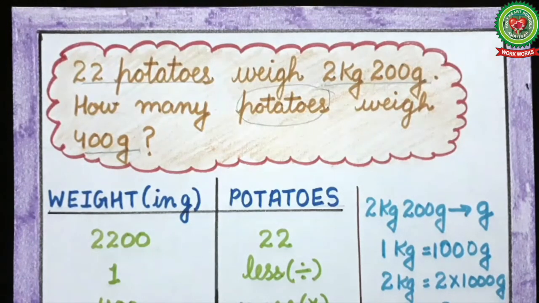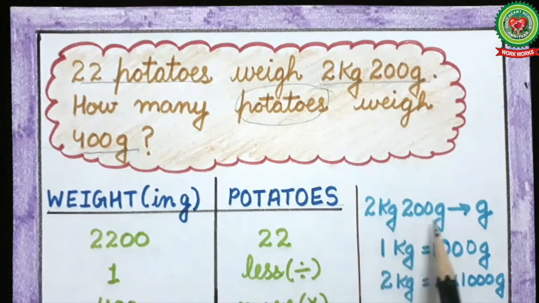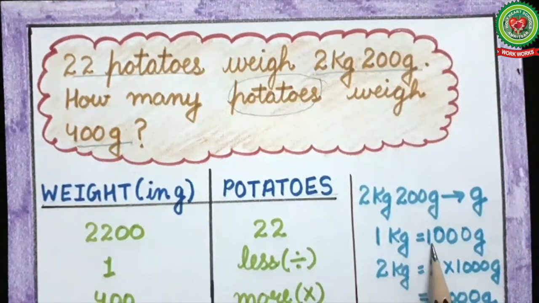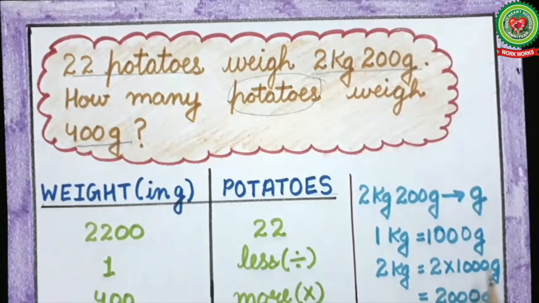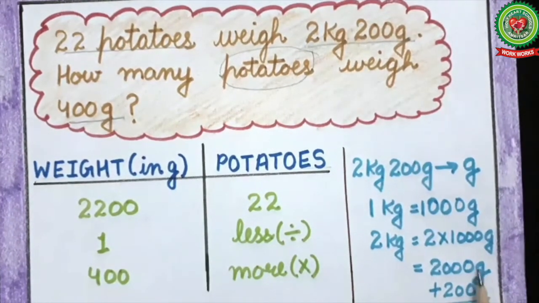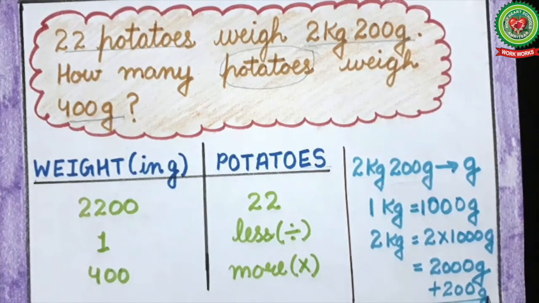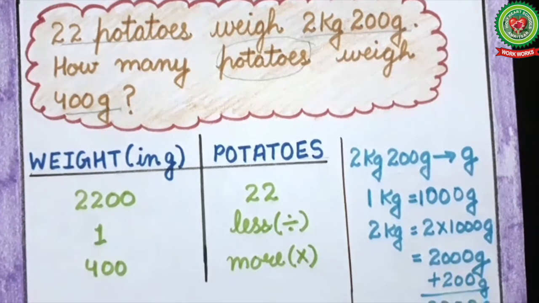On right hand side we will do the calculation and convert 2 kg 200 grams into grams. We know 1 kg is equal to 1000 grams. 2 kg, 2 multiplied by 1000 grams, we get 2000 grams. 200 grams are already given to us, so we will add that 200 grams into the 2000 grams and we get